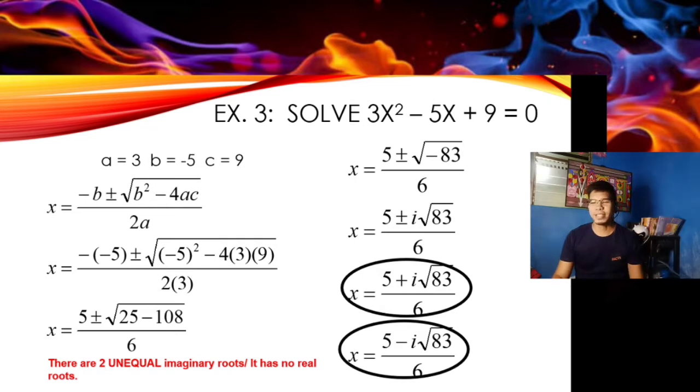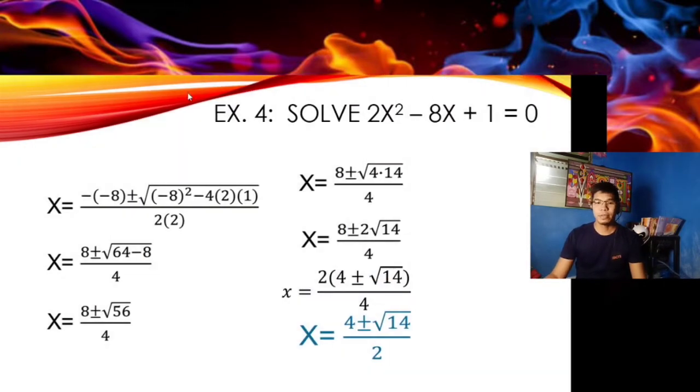So let's now proceed with the last example. We are given 2x squared minus 8x plus 1 equal to 0. So all we have to do is again get the values of a, b, and c. We have positive 2, negative 8, and positive 1 respectively. And after that, we substitute it to the quadratic formula. And then we will have this simplified form. We have x equal to 8 plus and minus square root of 64 minus 8 all over 4. So we have here now 8 plus and minus square root of 56 all over 4,